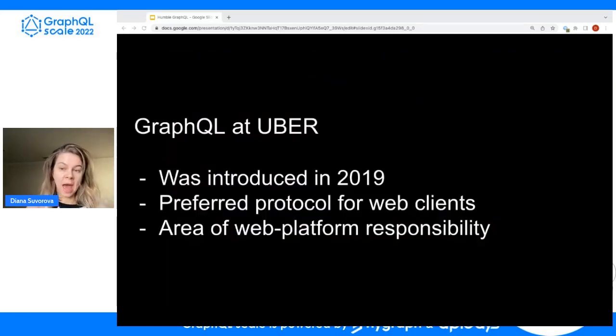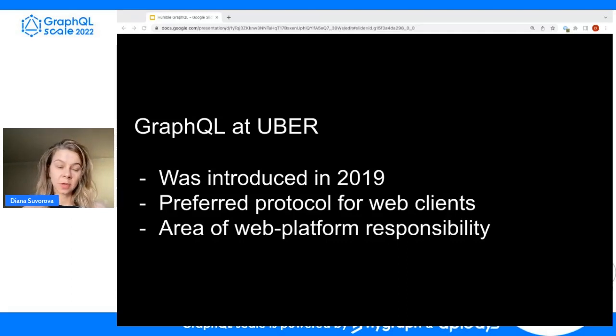Instead, here's what happened. We introduced GraphQL to Uber in 2019, and it is the preferred communication protocol for JavaScript frontends, preferred and default. Pretty much 90% of our web apps use GraphQL in one way or another.